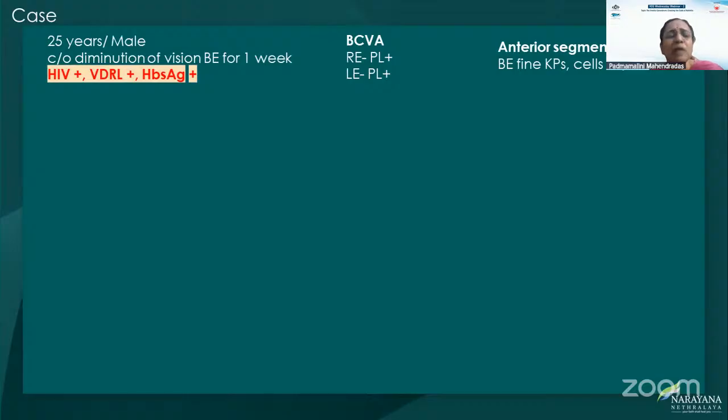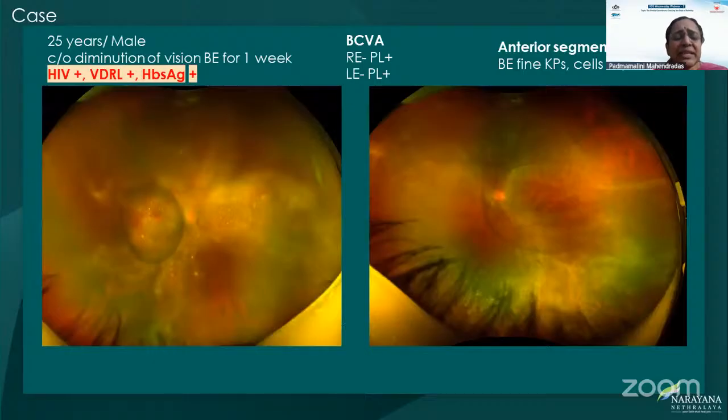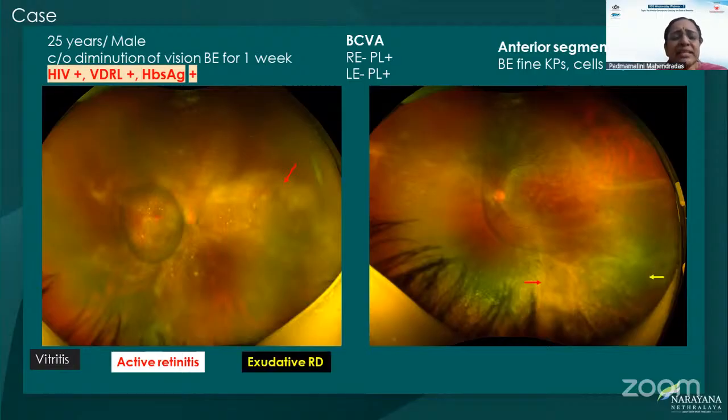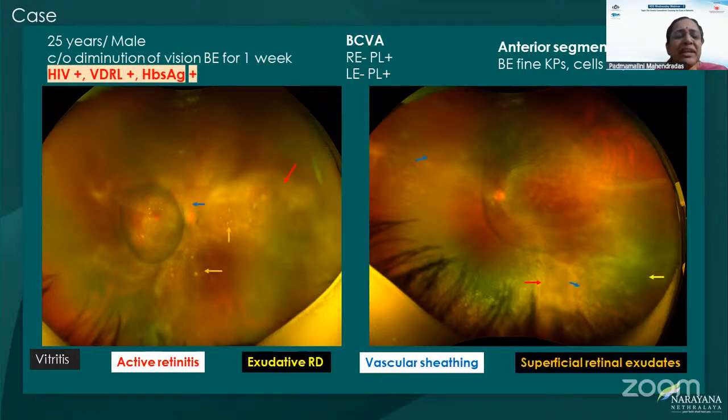So next comes a 25-year-old male who presented with diminution of vision for the past 1 week. He was literally blind. Somebody had to bring him in. His visual acuity was perception of light. He had anterior segment inflammation. This is a fundus examination, which shows vitritis, active multifocal retinitis. There is an exudative RD seen in both eyes, vascular sheathing, superficial retinal exudates with hemorrhages and